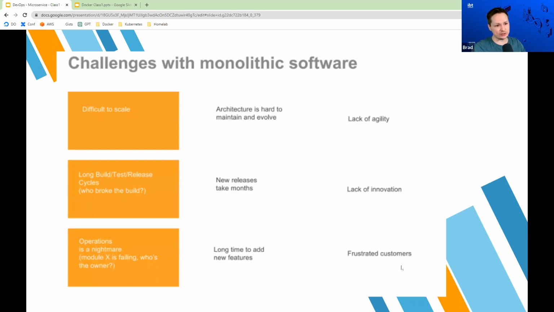Basically, any change that goes out could affect the entire application, right? Things aren't compartmentalized into smaller components. Any change that goes into the code base, the operations team sort of needs to be aware of how it could affect the entire stack.